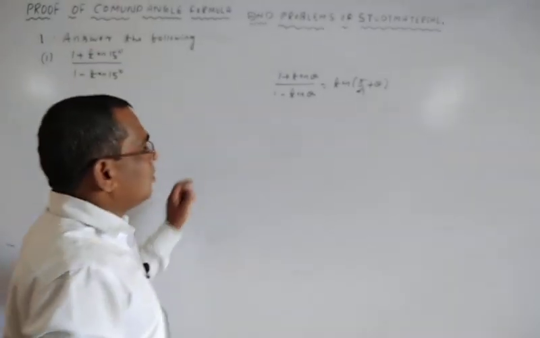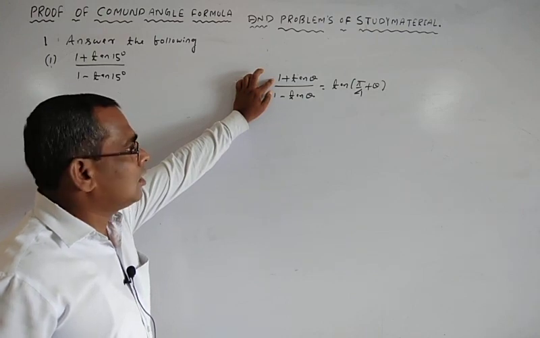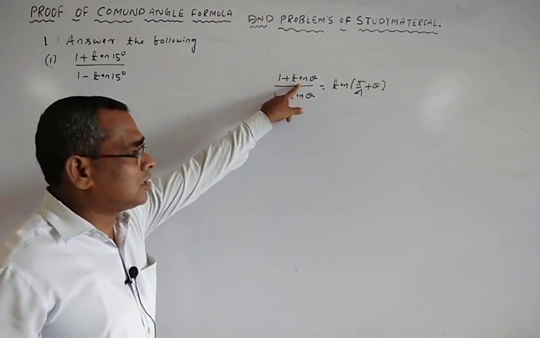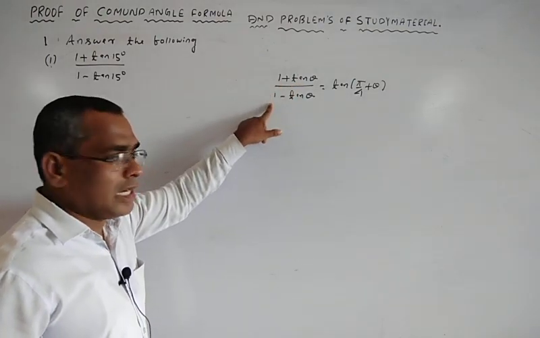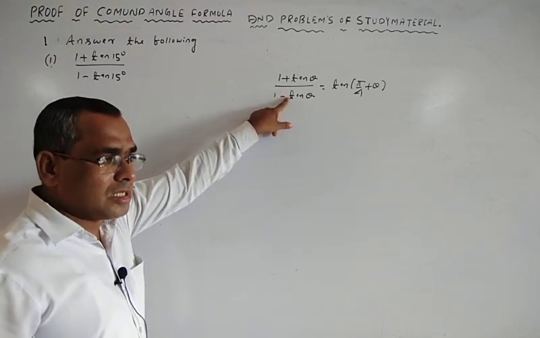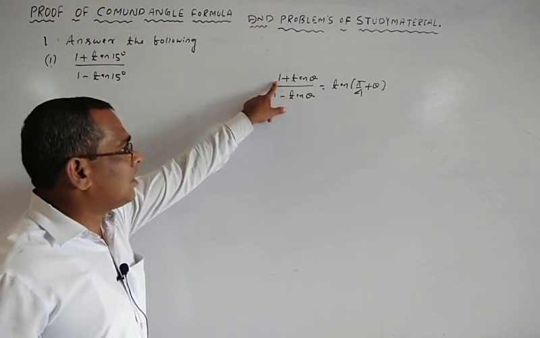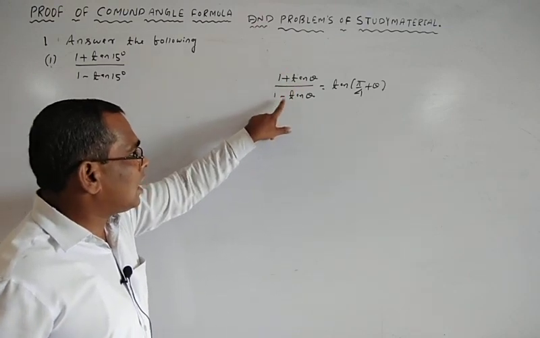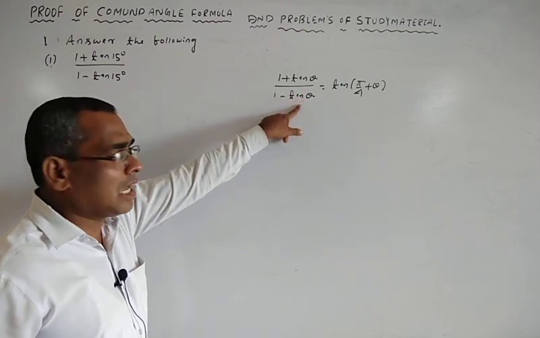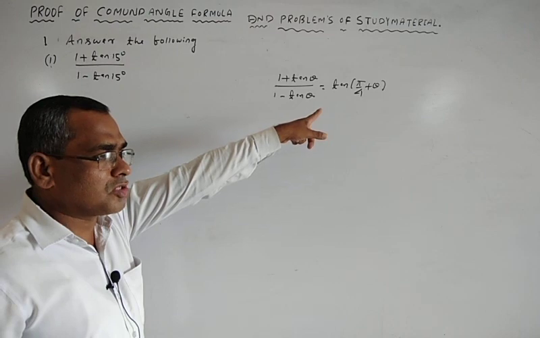Okay, why? Because you replace tan pi by 4 in place of 1. So tan pi by 4 plus tan theta by 1, remaining same, 1 minus, here 1 is there, nothing means 1. So 1 means tan pi by 4. So tan pi by 4 plus tan theta by 1 minus tan pi by 4 into tan theta. So clearly it is the formula for tan of (A plus B). So tan of pi by 4 plus theta.